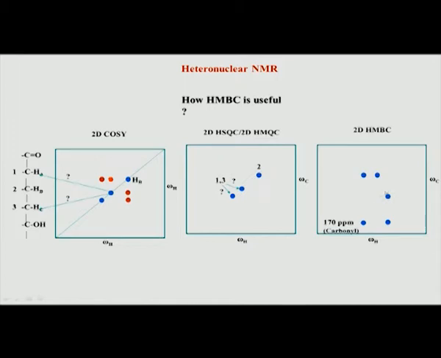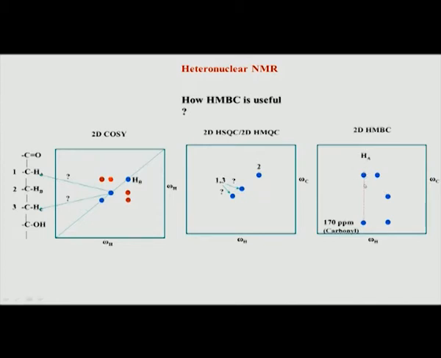Now, that is showing a correlation. If you draw the line, this line is number 2, and it is showing a correlation to the carbonyl, which means this beta proton is coupled to a carbonyl. That is not very surprising because we expect a long-range correlation in HMBC. In this case, it is 3 bonds away from this hydrogen. So, fine. Hb should also show a correlation to the next proton, which is either Ha or Hc. Okay. That is what will come in this line.